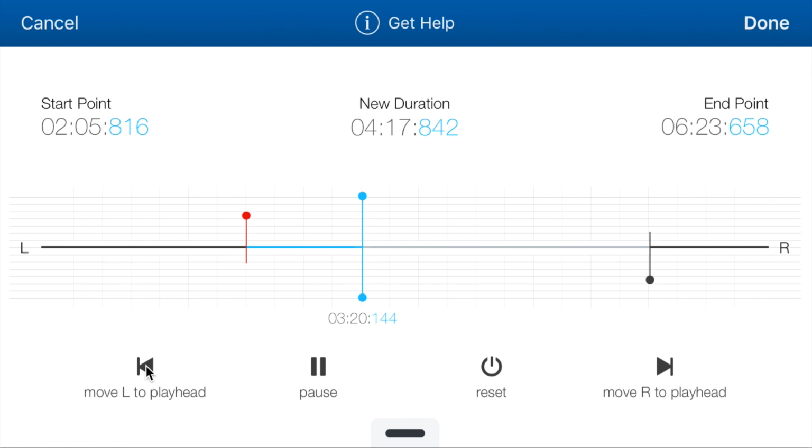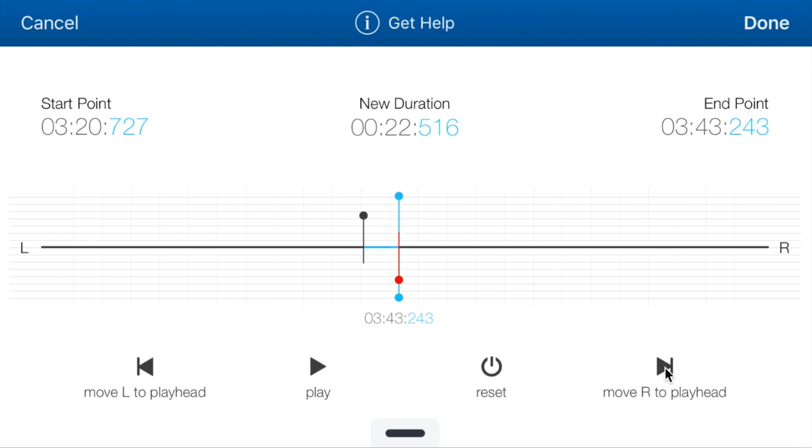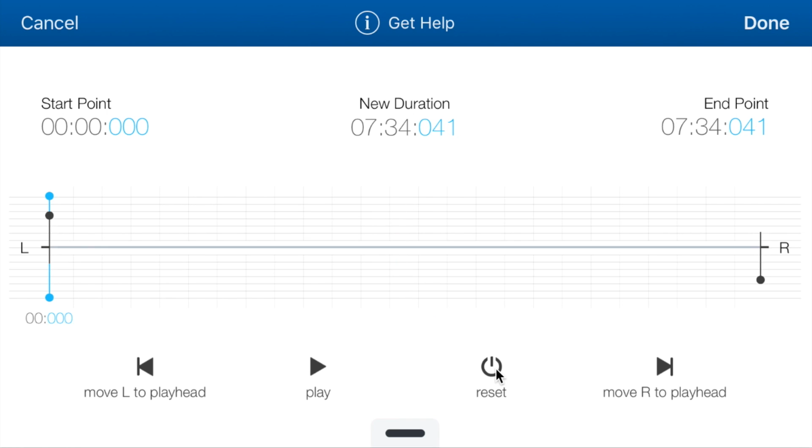If I click it, you see that it moves to the position where it was. I'll just forward a bit, and let's do the same for the right. And as you see, it did exactly the same as well. Right, what else to say? Okay, the reset button would put everything back to the start